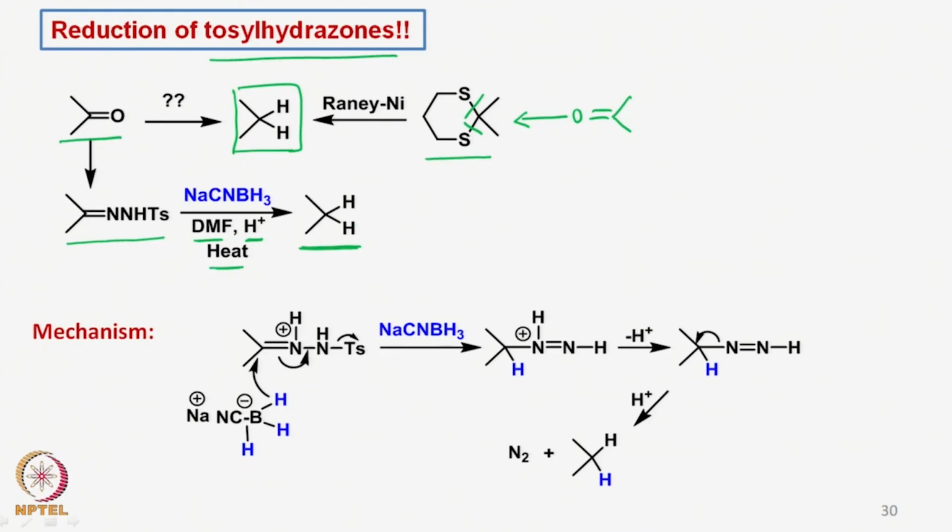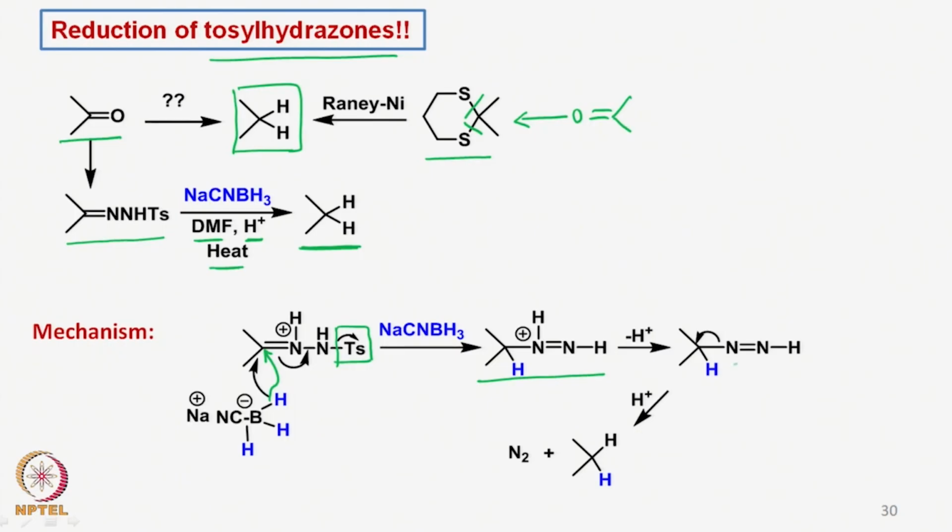Under acidic condition, the first nitrogen of the tosyl hydrazone gets protonated, and we generate an ammonium ion, to which sodium cyanoborohydride donates hydride, and the double bond moves with the loss of the tosyl group, which goes off, leading to the formation of this particular intermediate,